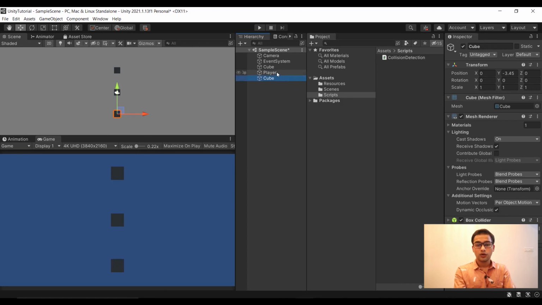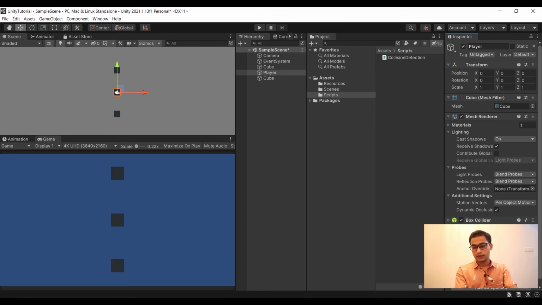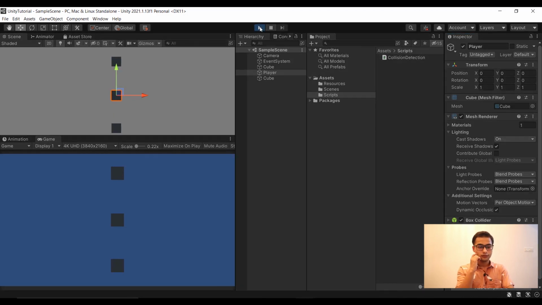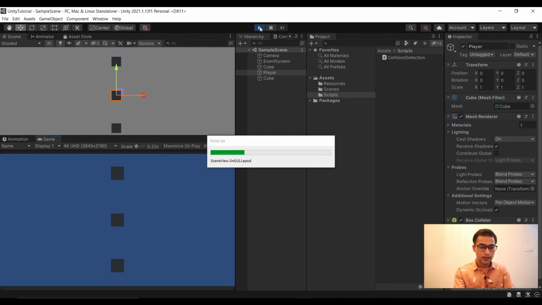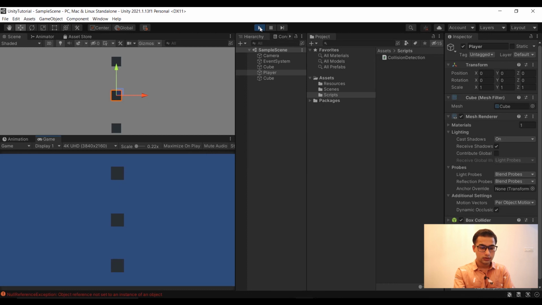Now I am going to attach my collision detection script to the player, and here I am passing the movement speed and the number of rays which we want to draw in the scene view. Let's play this.